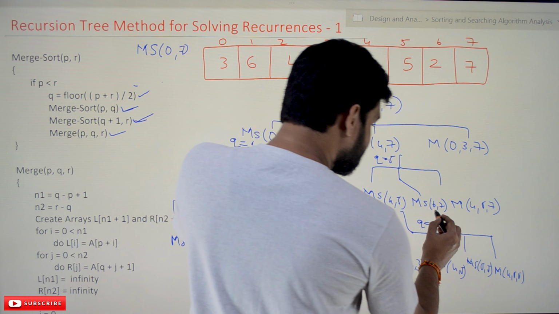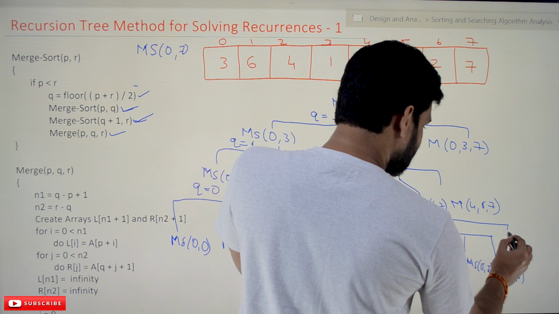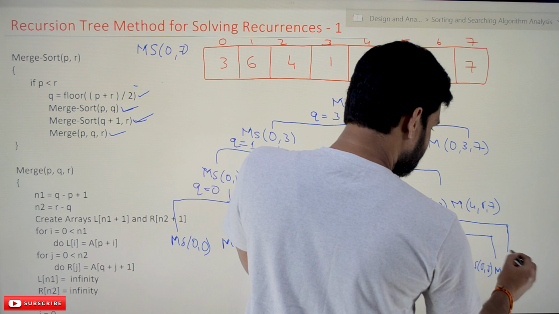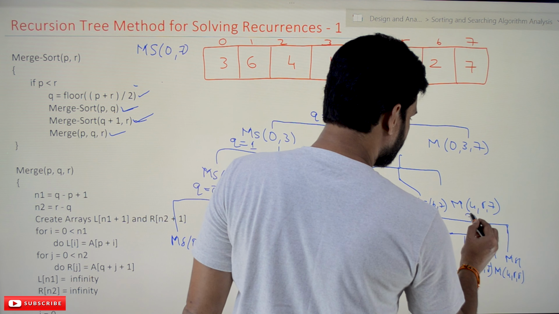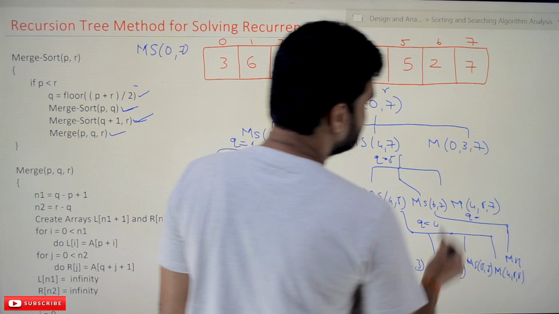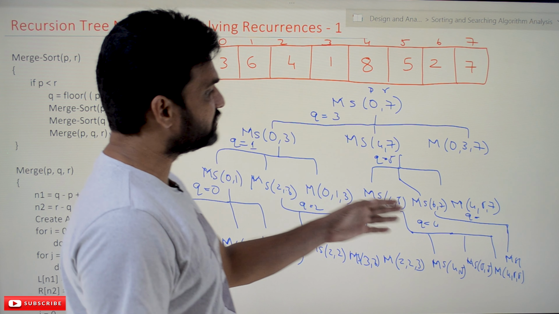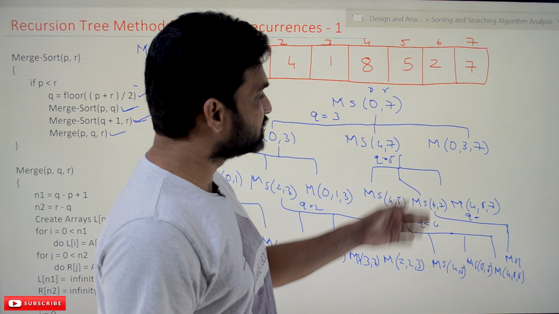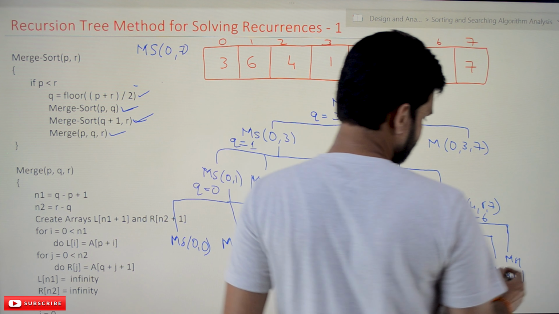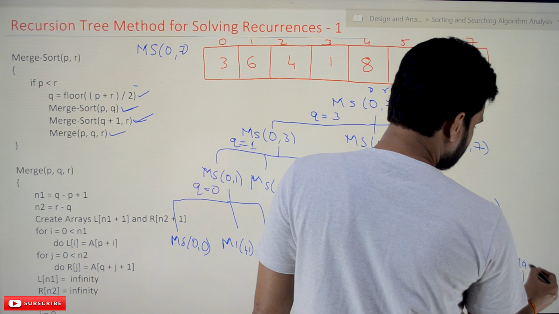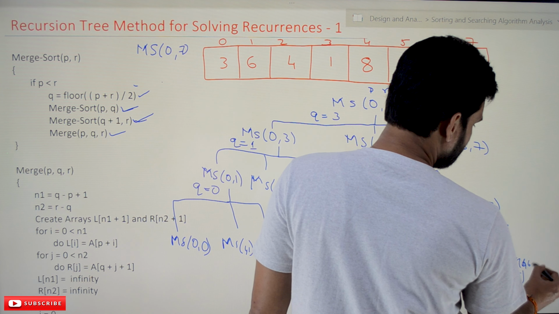Okay, and what about this function call? So for this function call, it is ms of, what is the value of q? Value of q is equal to 6 plus 7 by 2, 13 by 2, which is 6.5, and the floor value is this one. ms of 6 comma 6,